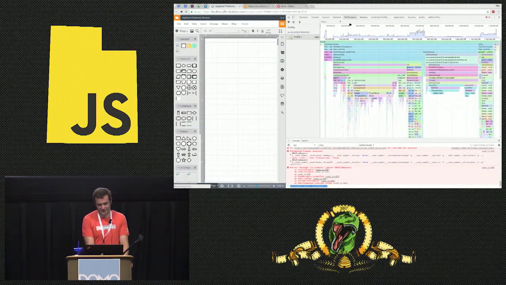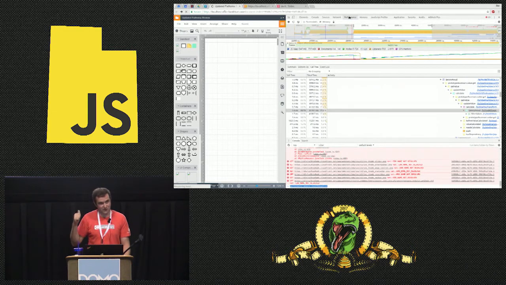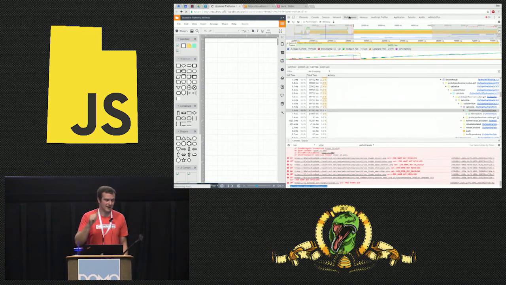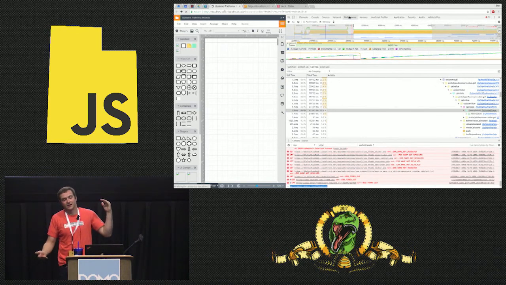Yep. Oh, the JavaScript profiler? So that's actually the old JavaScript profiler. So the performance tab that I showed here is actually the official replacement for the JavaScript profiler. However, it does not have all the features of the JavaScript profiler. And as right now, basically my full-time job is profiling the application, I will take the one that still has all the features. The features that are missing in the new one are things like focusing in on a particular function, so that if you take a large CPU profile and there's one function that you care about, for example, I'm trying to improve rendering performance, I will do a bunch of actions on the document while I'm profiling it,